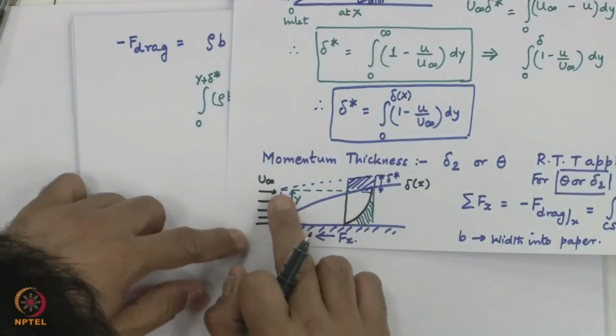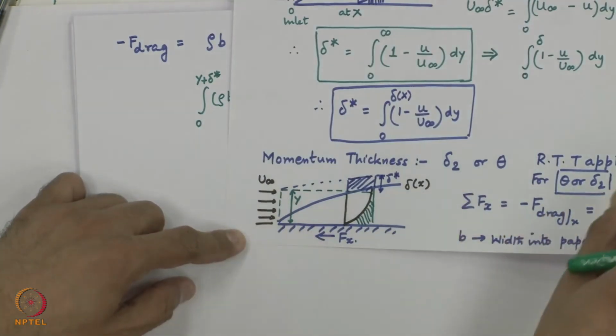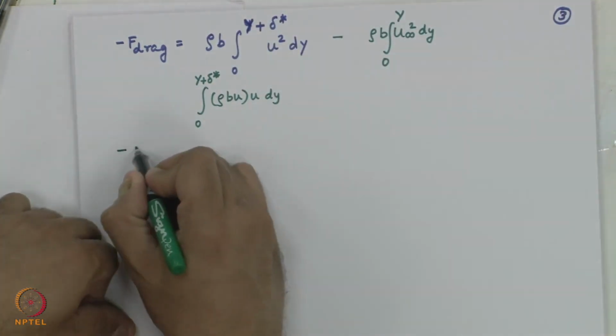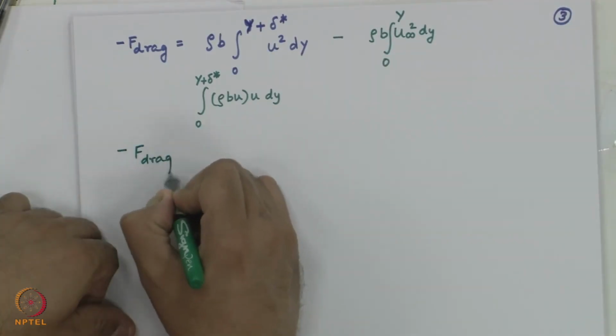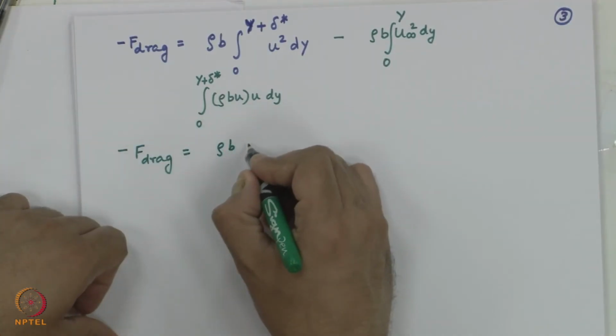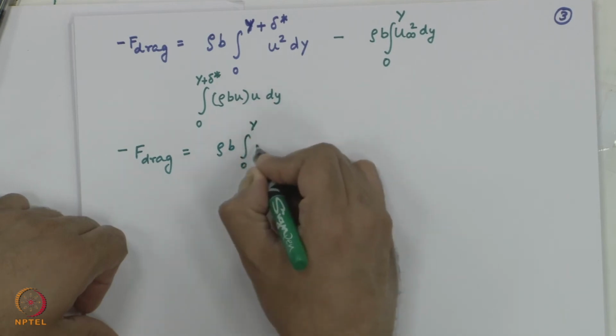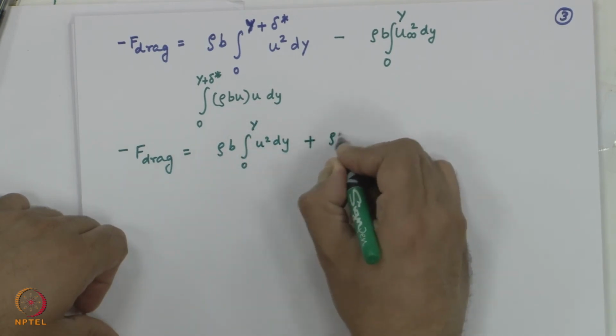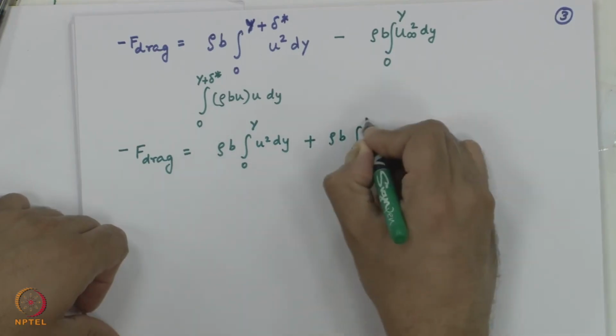Because at the inlet the thickness is only capital Y. So, if I simplify this, minus F drag is equal to rho b integral 0 to capital Y u squared dy plus rho b integral capital Y to Y plus delta star